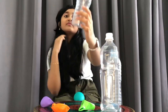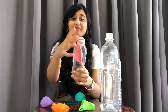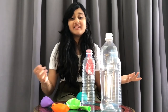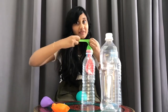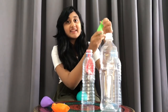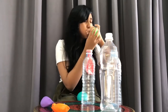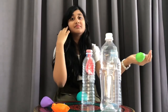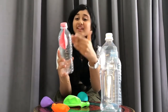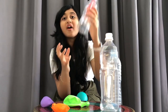So, there's matter inside this bottle. So what will happen if I try to blow up this bottle? Well, let's find out. Well, it won't be that difficult. I can just take one balloon over here and blow it up. And that means I'll be adding air into this balloon. That wasn't too difficult. Now let's see if I can blow up this balloon inside this bottle and blow even